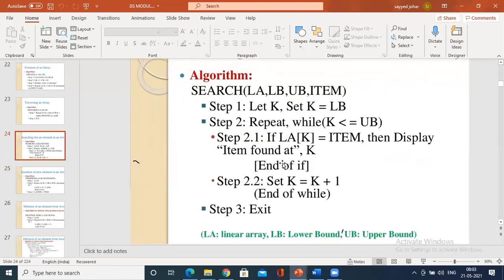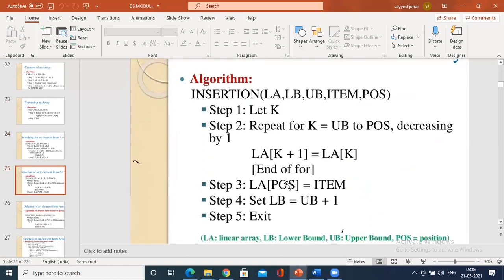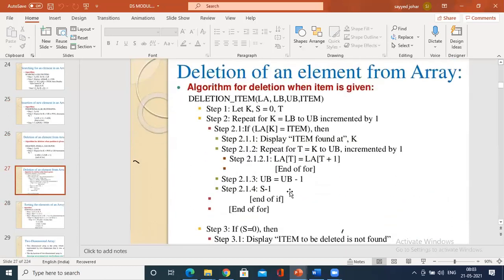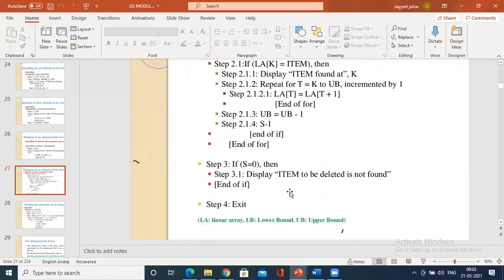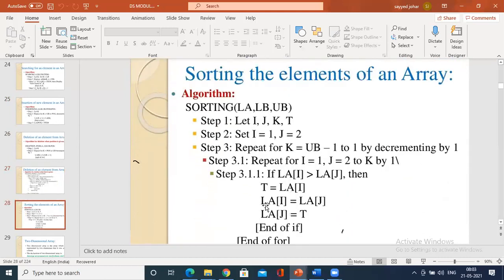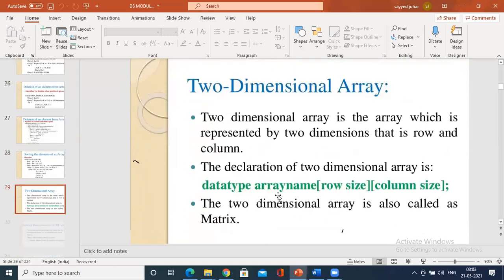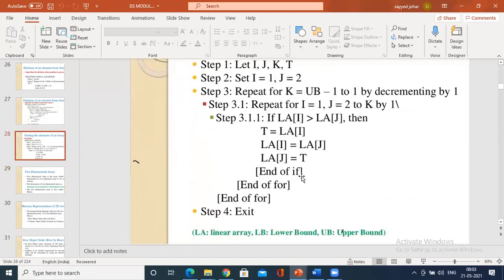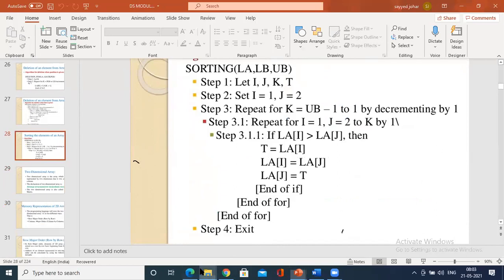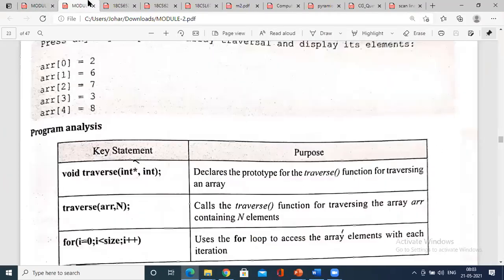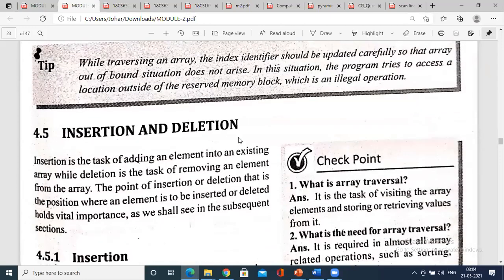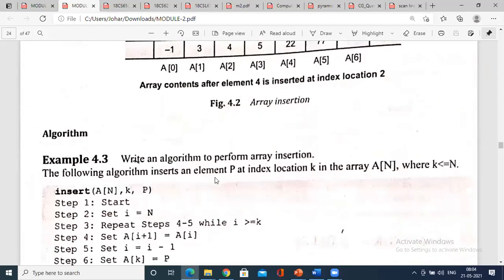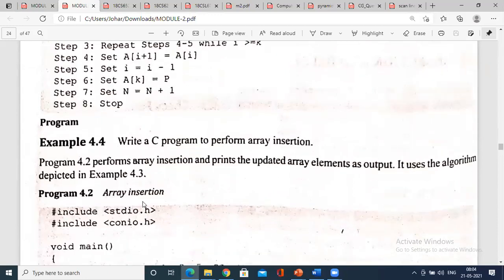See, we have here the concept of algorithm searching. We have to complete insertion, and we have to complete deletion. We have completed this for an array. Then sorting the elements of an array, how do you sort? Then there is two-dimensional. Though if I continue two-dimensional also, I may not keep it for the first IA, so we'll keep it for the second IA. Till here you will have what a two-dimensional array is, and how you achieve the concepts of a two-dimensional array. Insertion and deletion we have completed, the algorithm for insertion, the algorithm for deletion.